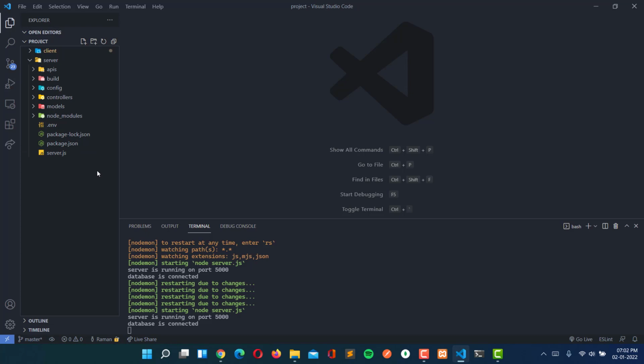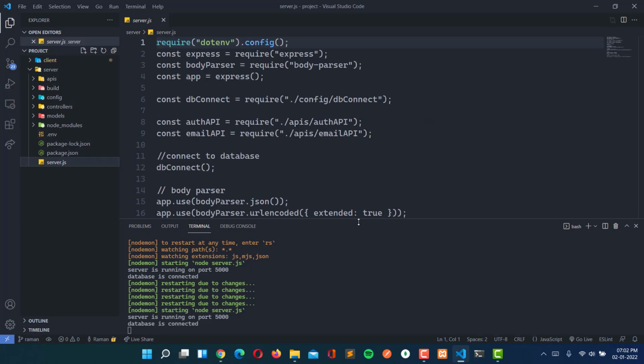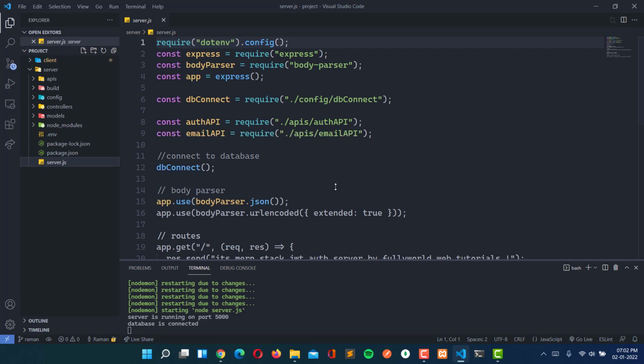We don't have to do anything about this. So now what we will do for the deployment is how we can handle this .env file in the deployment here. Now the problem is how we can use this build in our server here. To use this build we are going to take the help of Express.